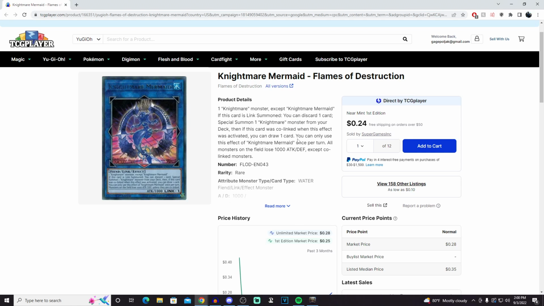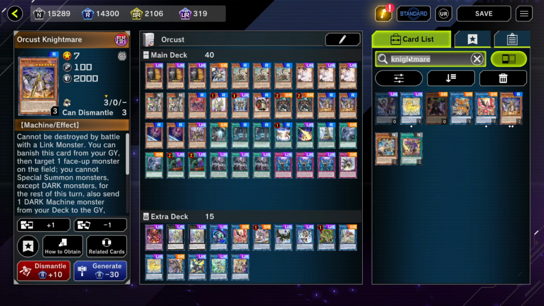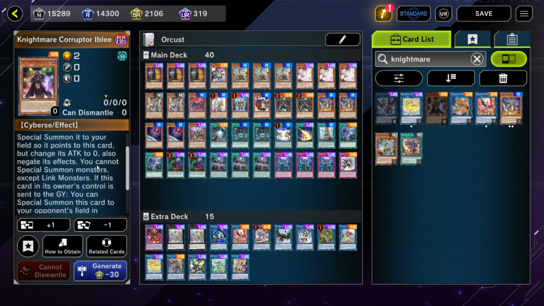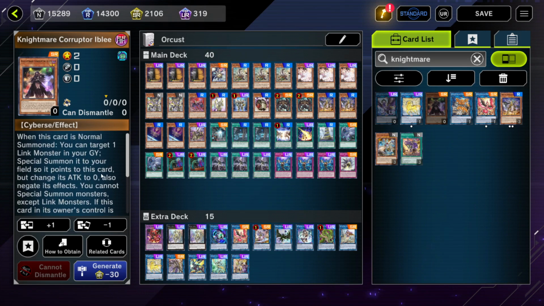And if it was co-linked, we draw a card. When this card was first released, the only card you could actually bring out was Nightmare Corruptor Ibly, which had some niche uses for, like I said, stopping your opponent from link summoning with it. It's the only thing they can do when this card's on the field, I think,